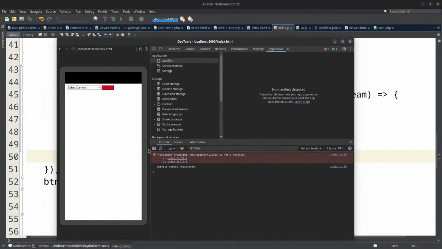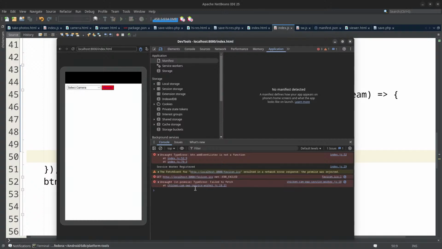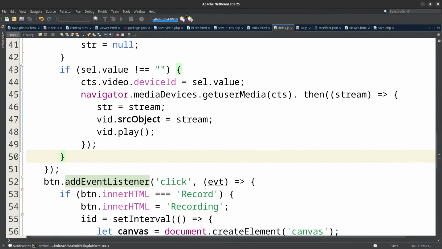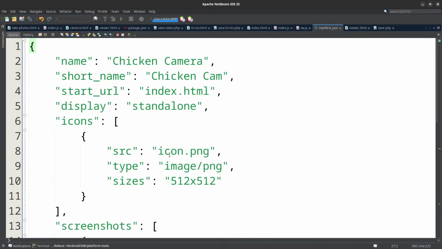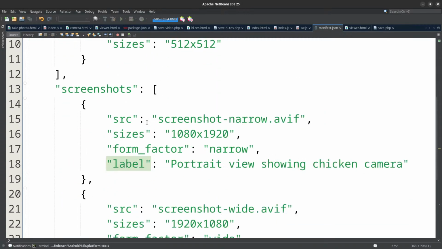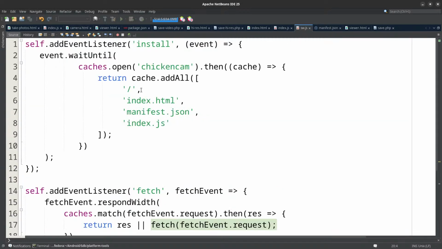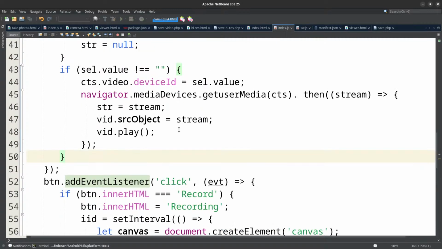Let's see if that is good enough to refresh the page. No, it's still saying that. Okay, let me stop the server. So if I click refresh, nothing should happen. Yeah, it's trying to find this. I don't know why, because we are not using this anywhere. Let me actually double check in our manifest file. We're not using that. In our SW file, manifest, index, and if we go to our index.js,